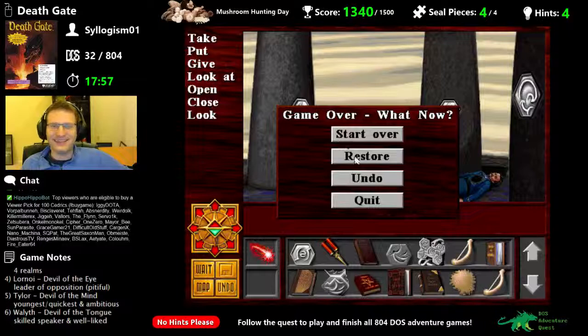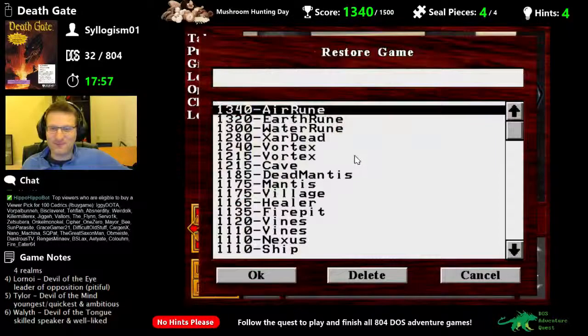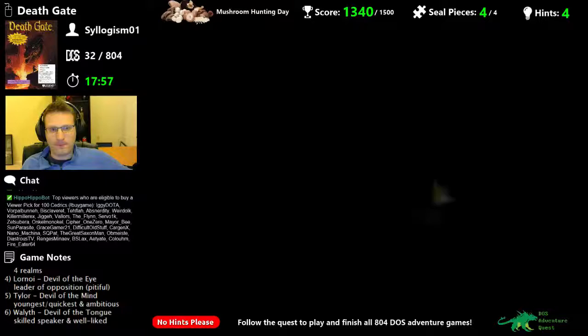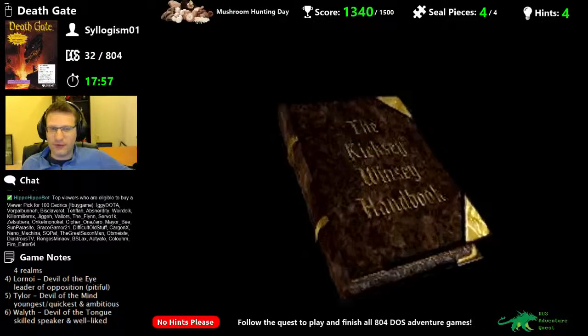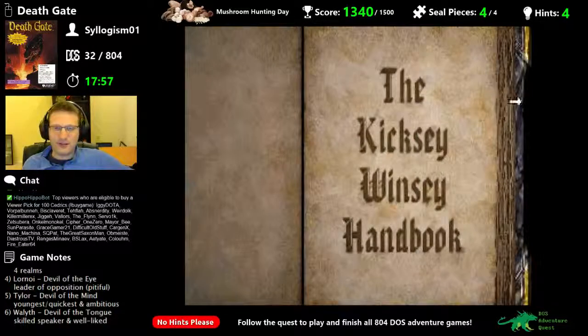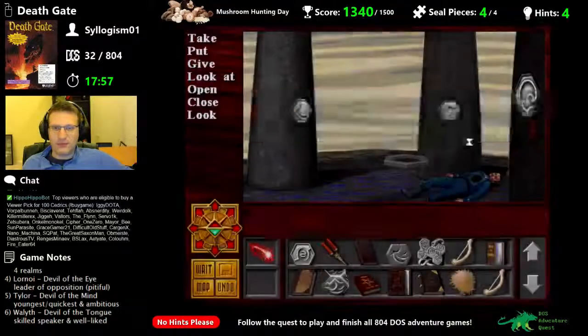Too bad. Wow, okay. Let's go back then. So I guess it wasn't Sama's... Maybe we want the leader of the opposition then? No, I don't want the Kixie Winsy handbook. I probably...